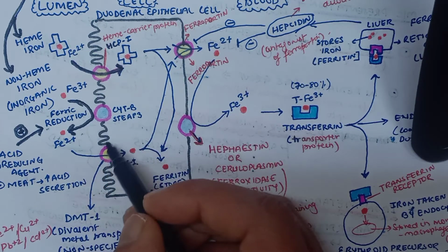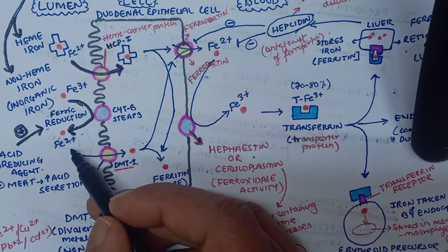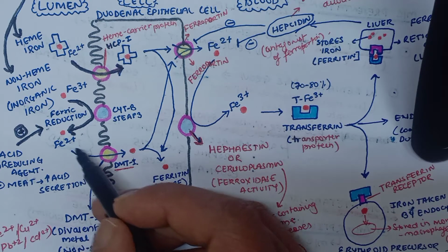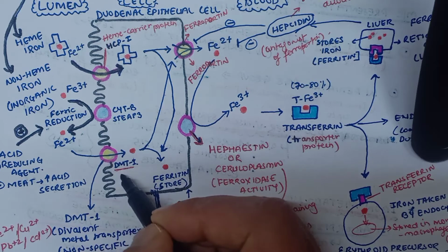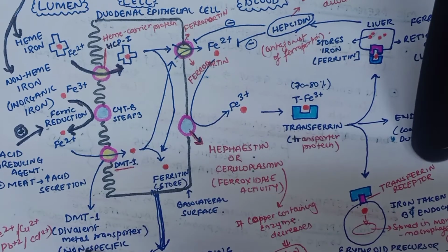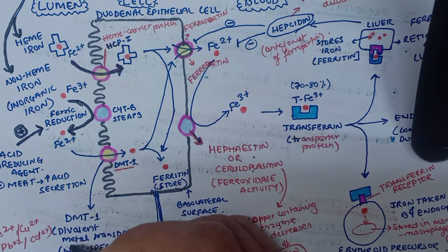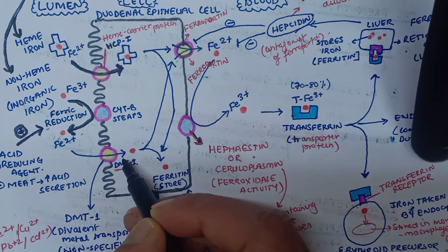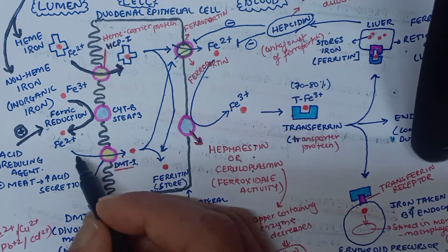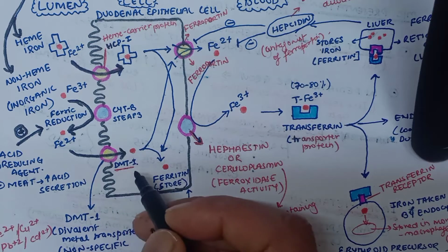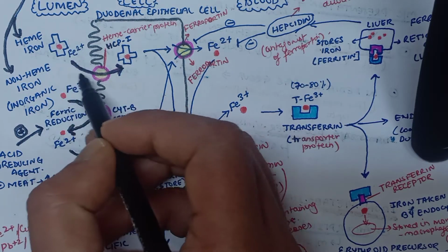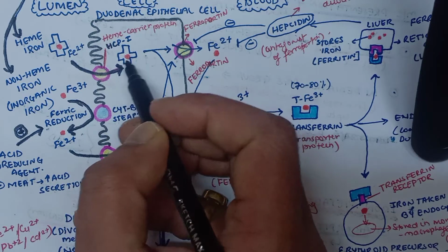Once the ferric iron is reduced to ferrous iron, which is an absorbable form of iron, in the proximal duodenum, a protein on the apical membrane of the enterocyte, that is DMT1, divalent metal transporter 1, which is a non-specific protein, will transport the ferrous iron across the apical membrane into the cell, whereas the heme iron is transported across the apical membrane into the cell through heme carrier protein,